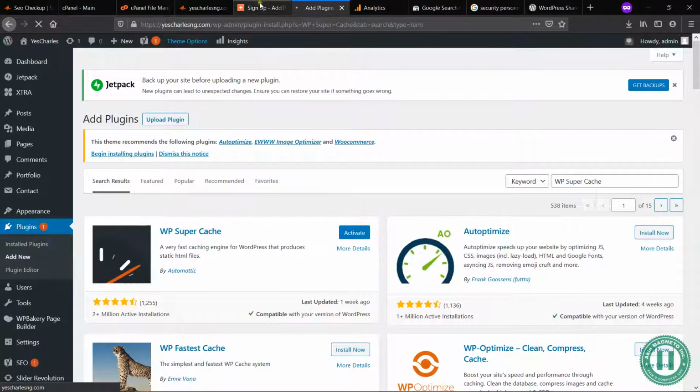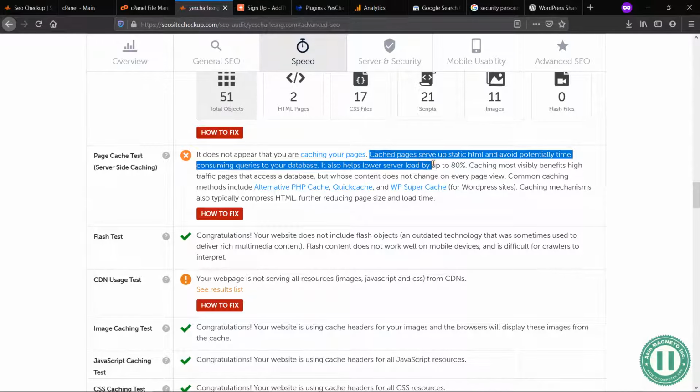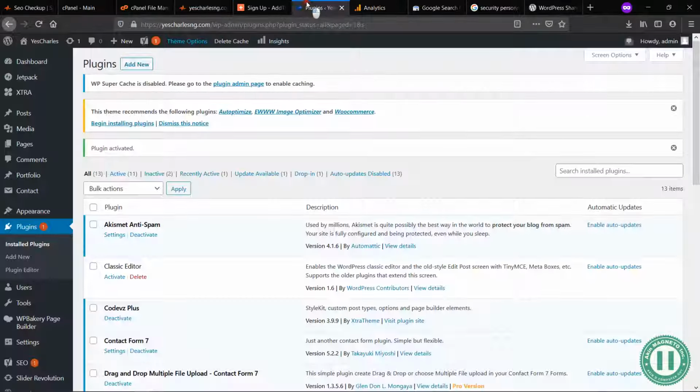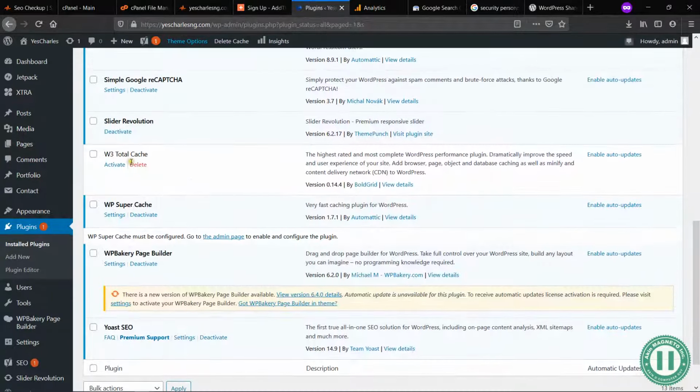Now, there's a word called minifying. Minifying means that we are trying to reduce the size. Now, if you could read from here, it says a cached page serves up static HTML and avoids potentially time-consuming queries to your database. That means it helps to lower server load by up to 80% by making your website more efficient. Okay, so let's go straight in and let's see. Let's activate